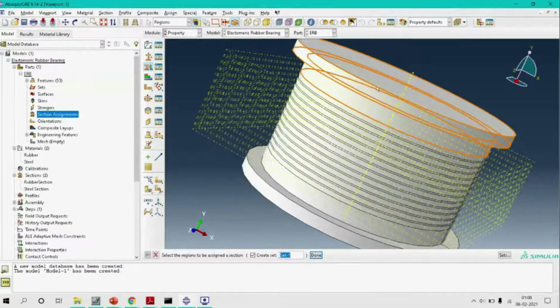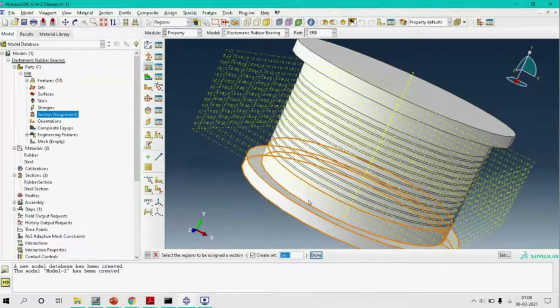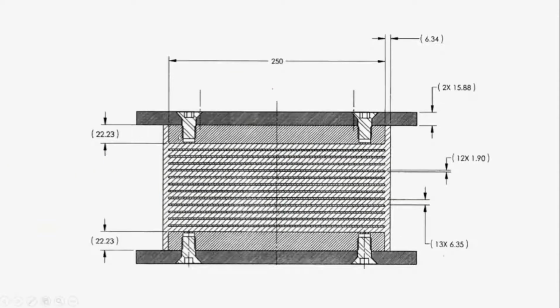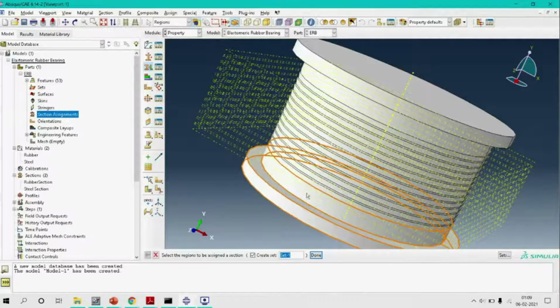So let's select the rubber part. This is the rubber.